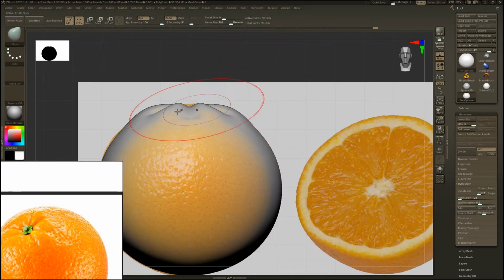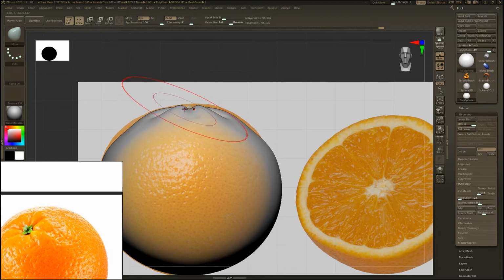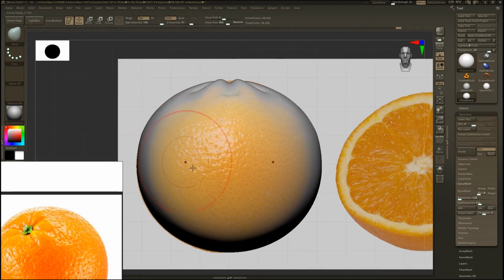Now choosing the Move brush and making changes to the silhouette. Smoothing a little bit here too.